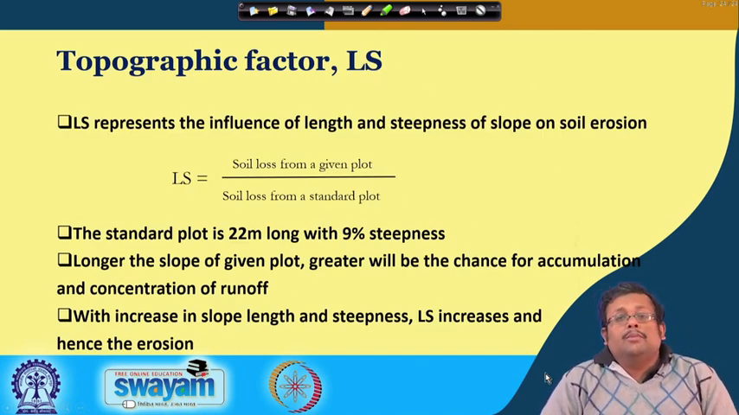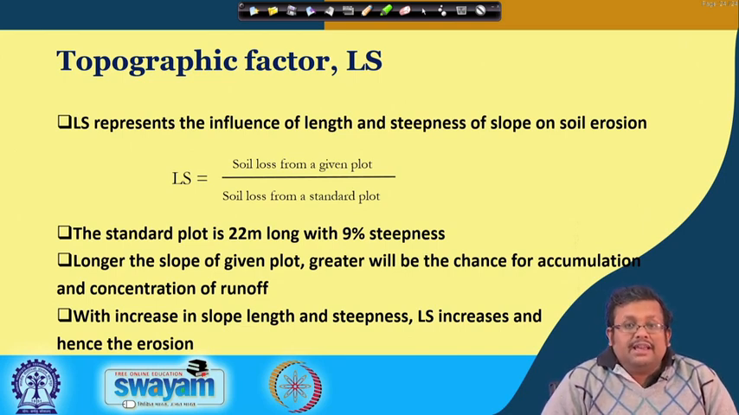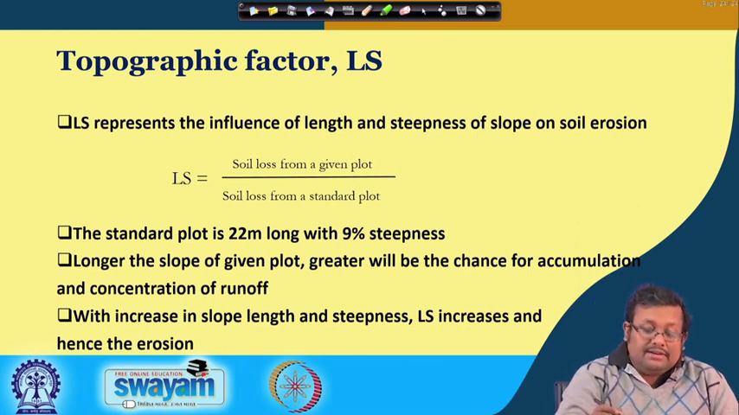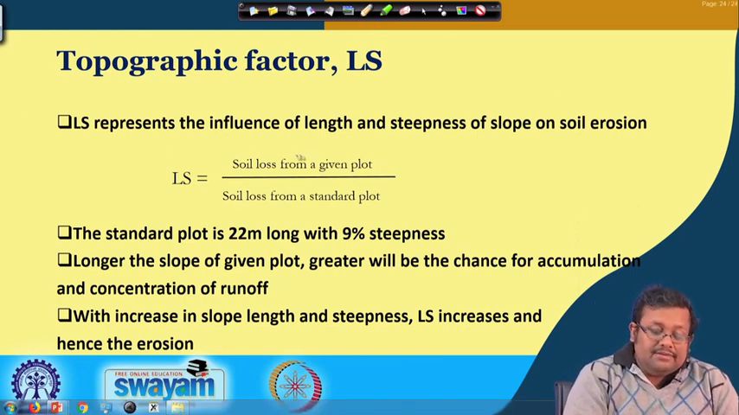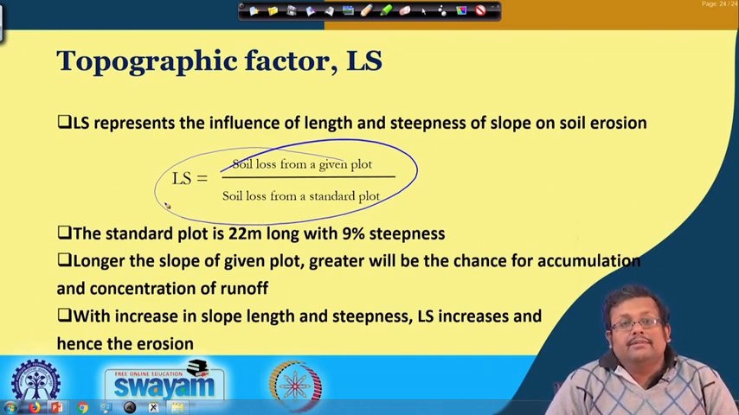Let us see the topographic factor. The topographic factor is denoted by L and S, and LS represents the influence of the length and steepness of the slope on soil erosion. You can see the LS can be calculated using this formula, soil loss from a given plot over soil loss from a standard plot, and the standard plot is 22 meters long with 9% steepness,